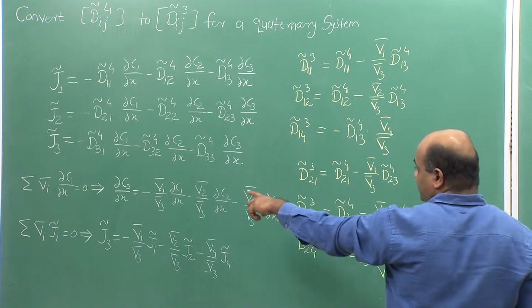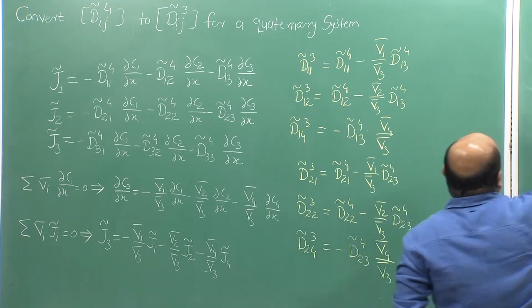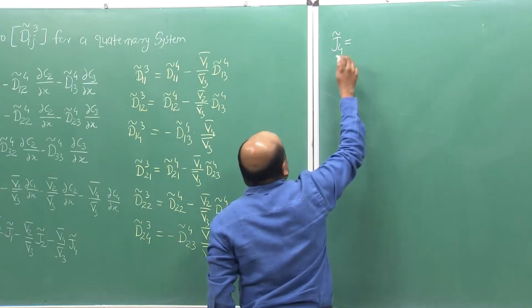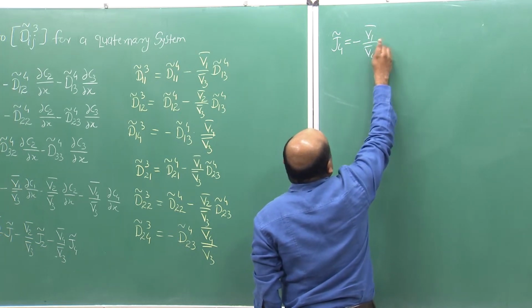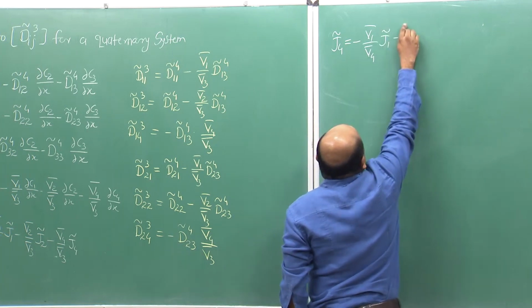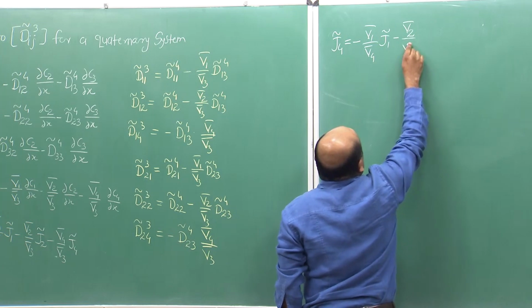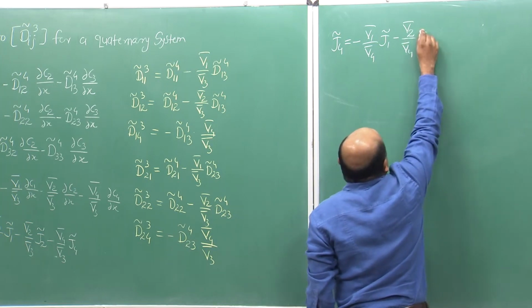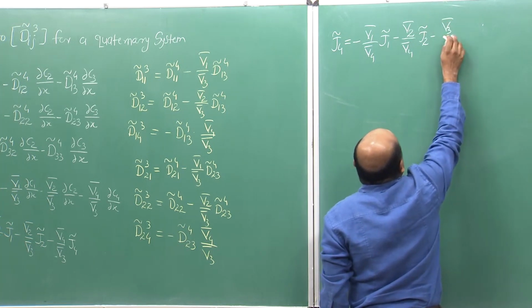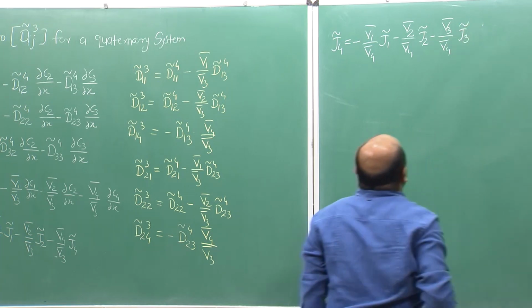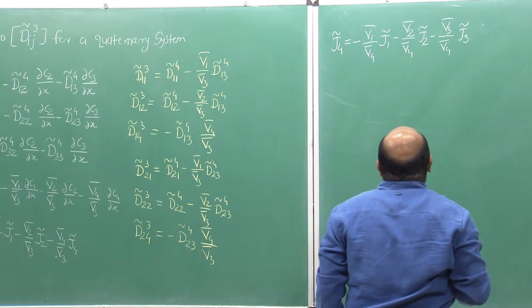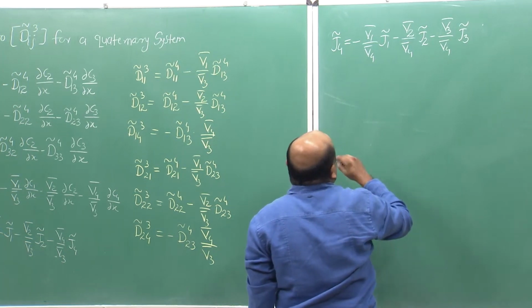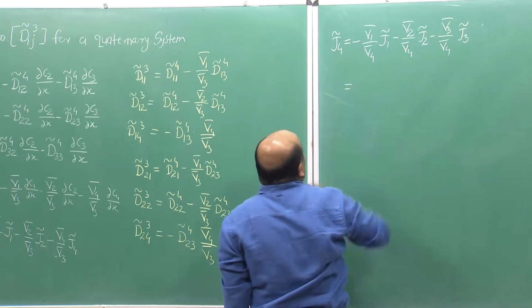We need J4 tilde, so we substitute J4 tilde is equal to minus V1 bar over V4 bar J1 tilde minus V2 bar over V4 bar J2 tilde minus V3 bar over V4 bar J3 tilde, and then we substitute for J1, J2, J3 using the extended Fick's law. So, we get